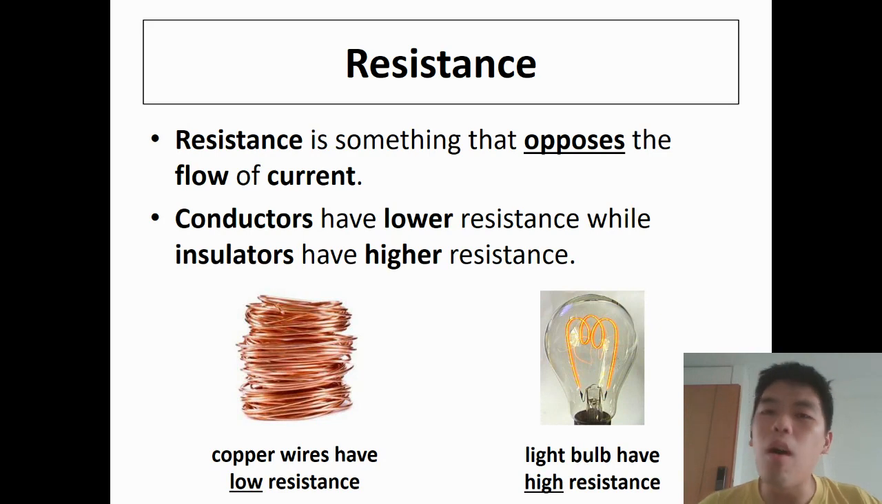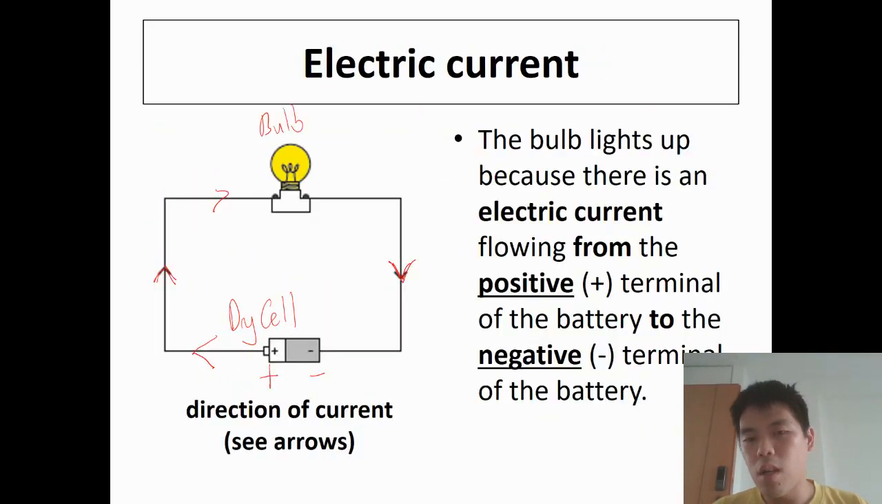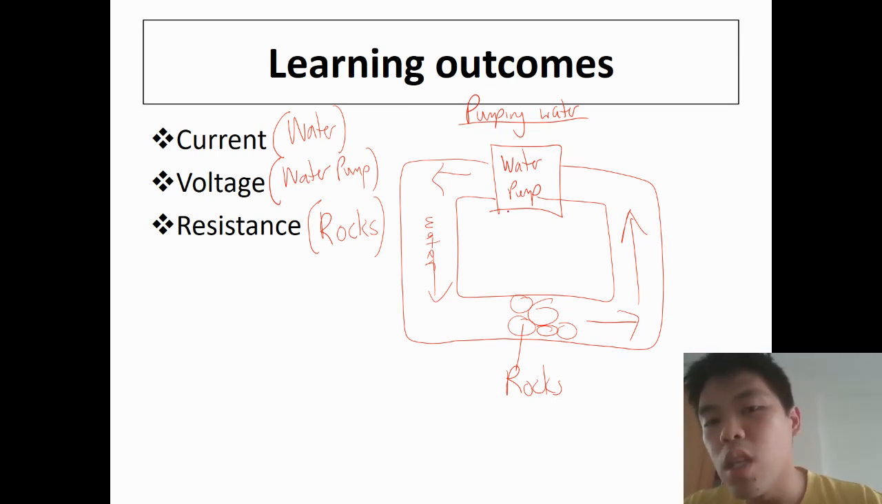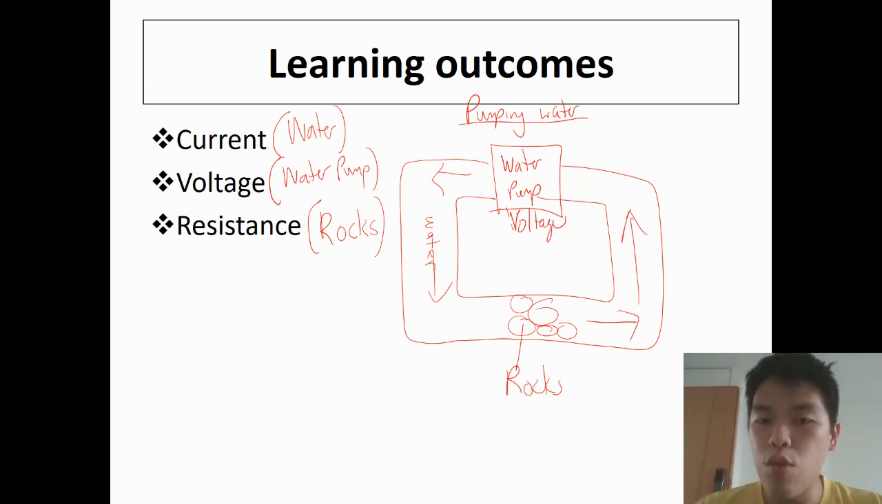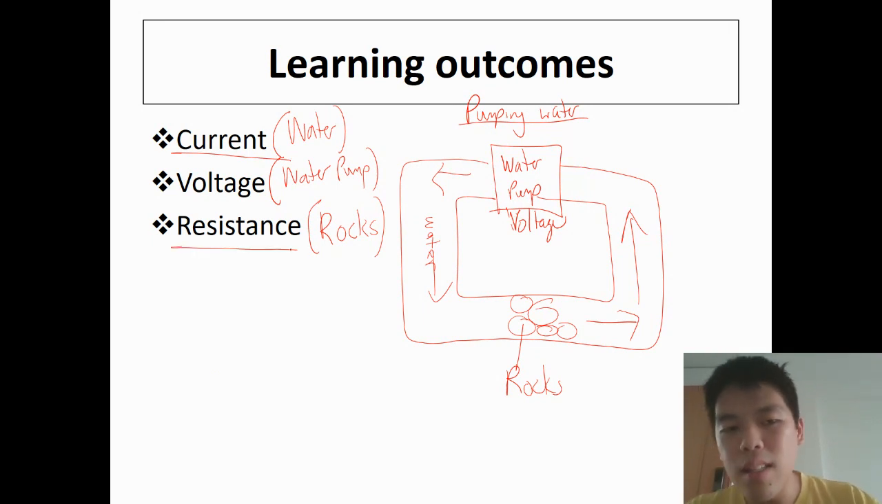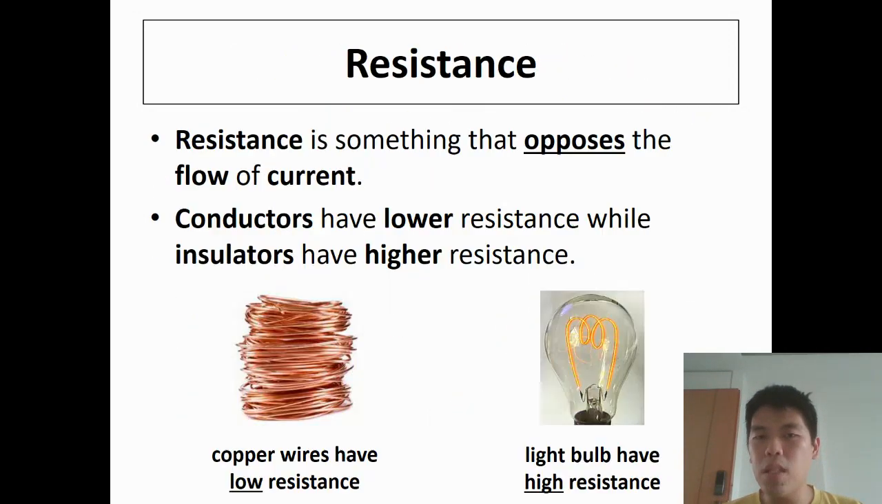So remember, we talked about water flowing, a water system. Let's recap. We talked about a water pump at the start. A water pump will give you the voltage, like a battery. Your water that is flowing itself is the current, and the rocks that block it are called the resistance. So this is the example that we use. Today we talk about resistance, which is the rock, the thing that prevents this current from actually flowing in